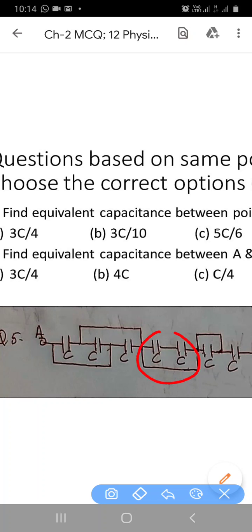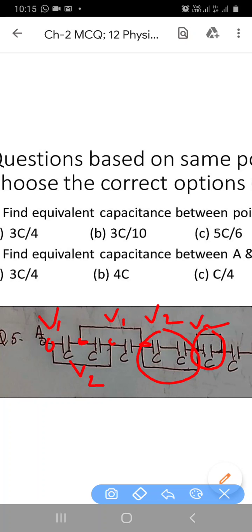these two capacitors C and C are connected in series, and across it there is a parallel wire, so it will be shorted, and here this capacitor also will be shorted. So if I take potential V1 here for this one, then this potential will also be V1. If I take V2 for this potential, this will also be equal to V2, and here also V2, potential difference 0. But between V1 and V2, 3 capacitors are connected in parallel.